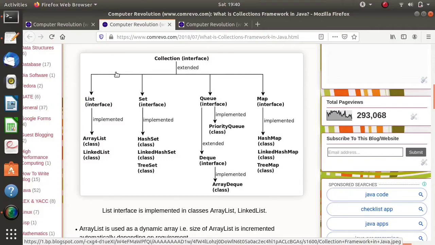So now we'll see an example for that. Again, there are some differences between these. In a List there can be repetitive elements, meaning some elements can be repeated, while in a Set there are unique elements. Map saves the elements in terms of key-value pairs.